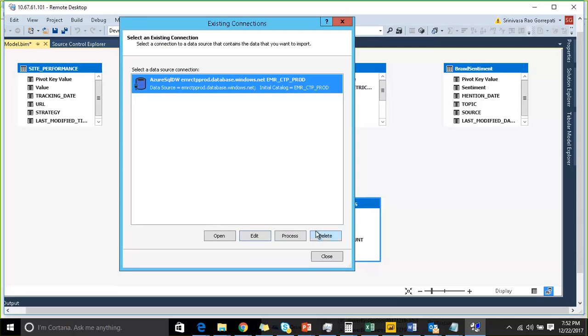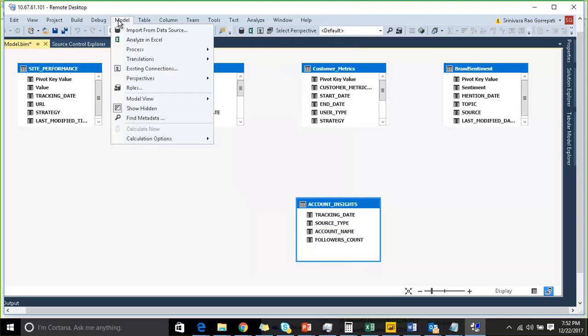Whenever you are removing it, first of all you need to remove all the objects. At the end you can remove this one. So this is how you can load the data in a data tools SSAS project. Then after,